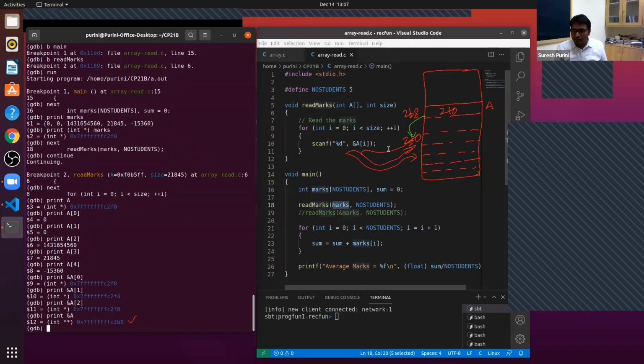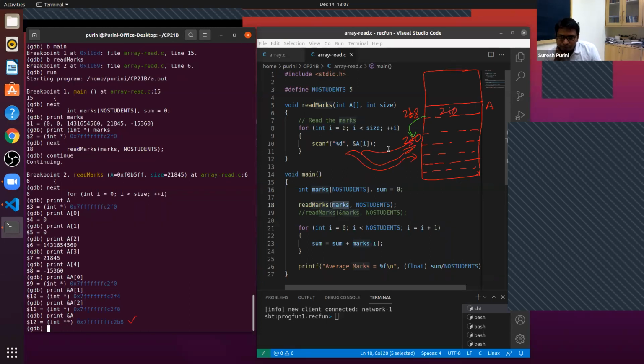Printing A as an address. Okay, one minute. Let's take a step back. So in this program, what is the address of A?